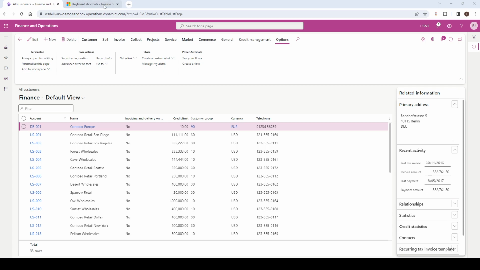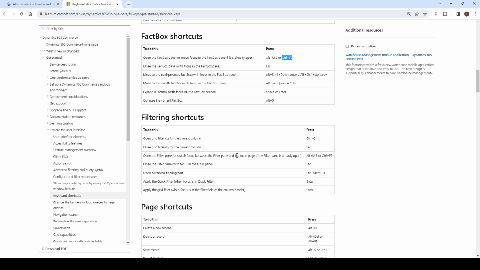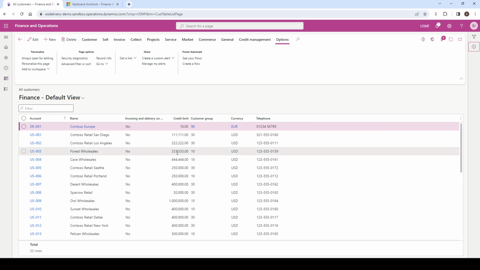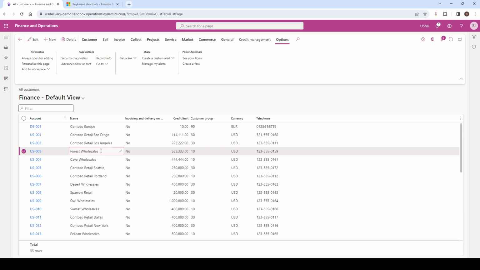Now moving back to our shortcuts, so we have our filtering shortcuts. And this is incredibly useful if you're a keyboard user. The one that I commonly use is Control G. So what this does, and I'll just collapse that fact pane, is if you're on a particular field in a particular column and you hit Control G, it will bring up the column filters